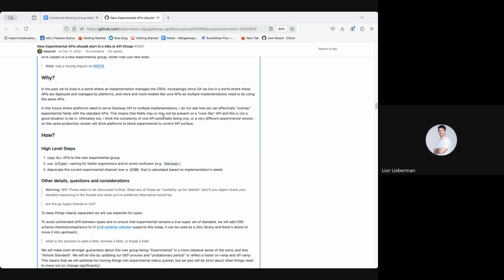But if I go back to what Rob is proposing, and just in general, let's go back to talk about the problems. So we do want experimental to be a thing, right? Because implementations implement some things and users want to use them, and we need feedback, but then people are not able to move. Sorry. I don't agree. We want experimental. We want what you call experimental. I call stable APIs that are not part of the standard. So let's not call it experimental.